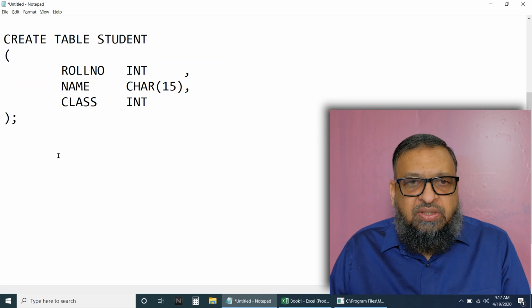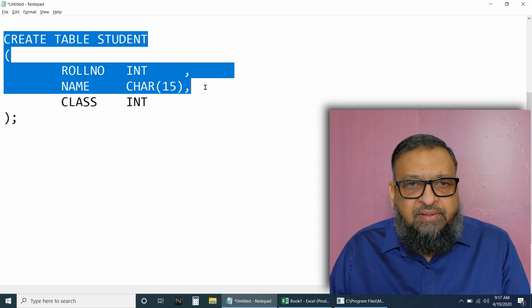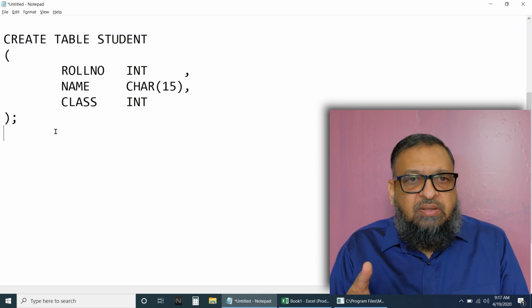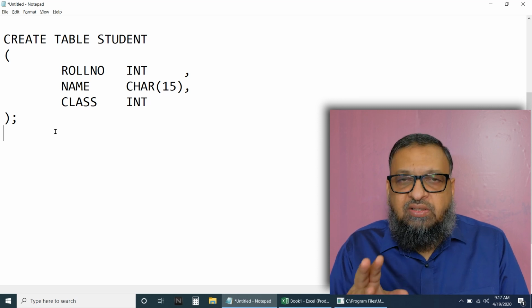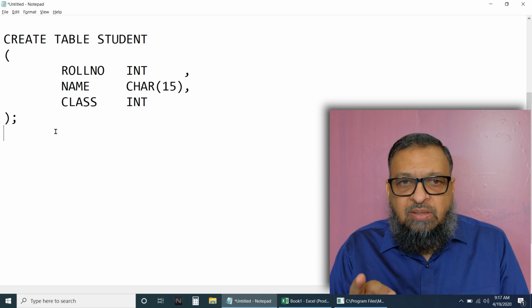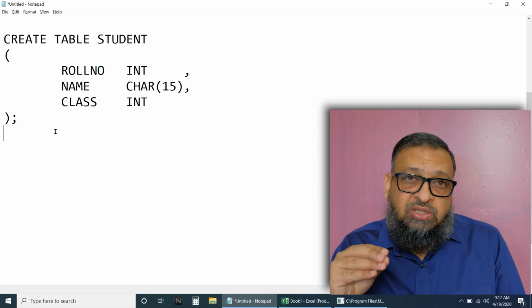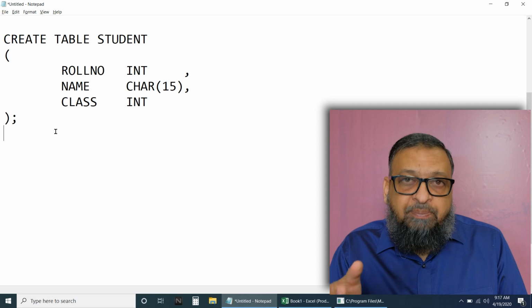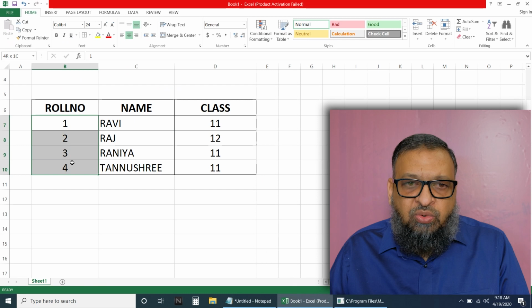Now we will try to create the table. So we have create table student, roll number int, okay, name, and what we are telling MySQL is, Mr. MySQL, see here, we need to create the table. Okay, what is the type? What are the columns? Roll number, name, class. What are the data types? What is the data that it's going to handle? Okay, we need to tell the data types also. The type of data that we are going to store. What does the data type mean? The type of data we are storing here is integer.